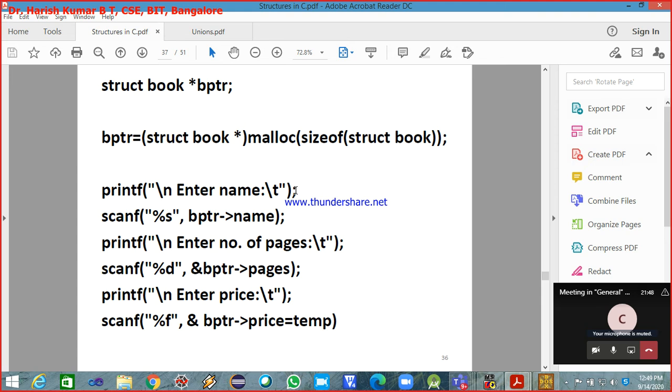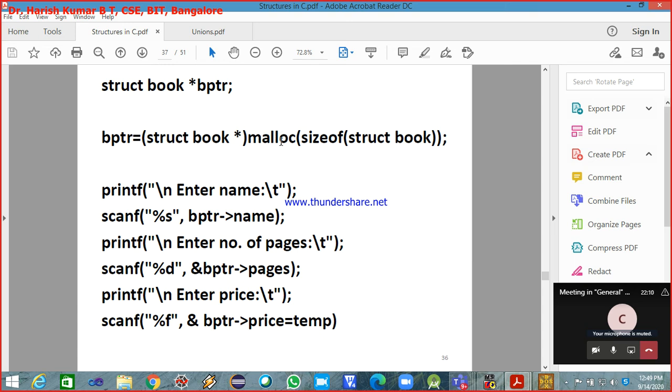I have an example on the same struct book star, the pointer created for the previous example. Now I'm not using the array. I'm just allocating memory using the dynamic memory allocation function.